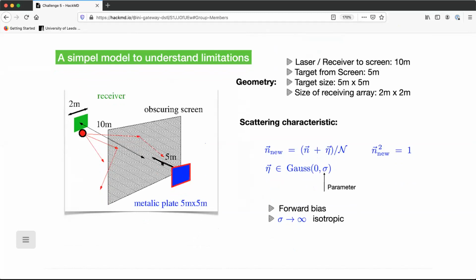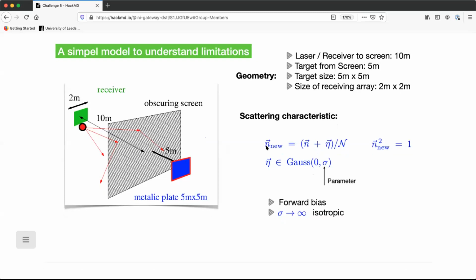And then we need to model scattering. Whenever a photon hits the scattering screen, there is a certain probability distribution in the change of direction of travel. These are just the details. You can look at them later if you want. It has a forward characteristic of scattering, but anything can be used here, and there will be a better choice later on in the talk.